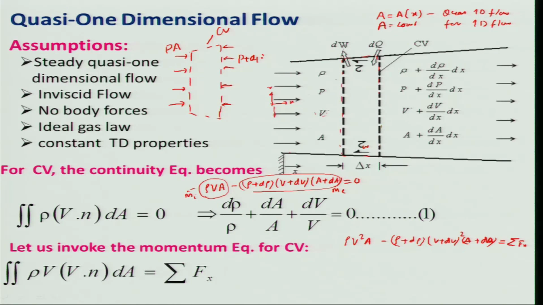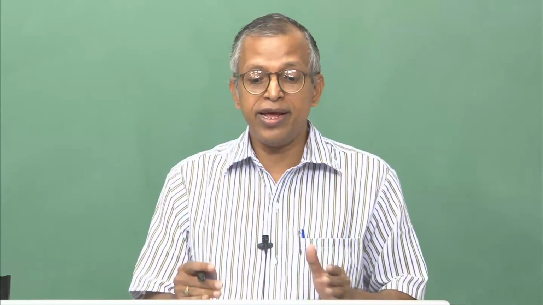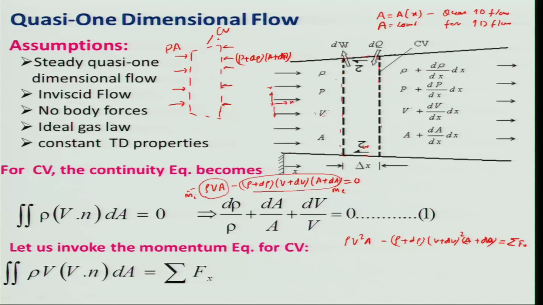P plus dP into A plus dA, right. Keep in mind that this thing is in equilibrium, therefore, it will be opposite, right. But is there any force which will be acting on this surface? Certainly yes, right. That force we can take as (P plus dP by 2) into what area it will be? Certainly, this will be dA. What is dA? If you look at it, this area is dA,